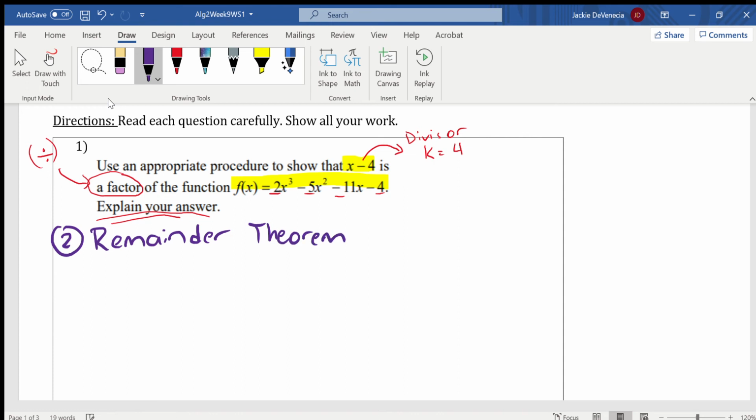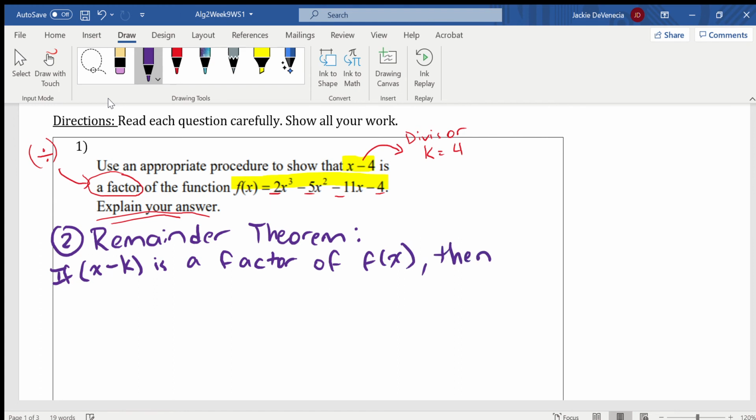So, just to remind you guys, the remainder theorem states if a divisor, x minus k, any divisor that is in this format, is a factor, let me put if, of the function, any function, then